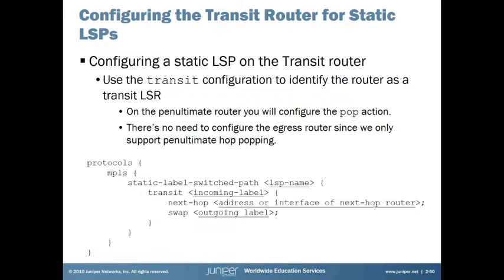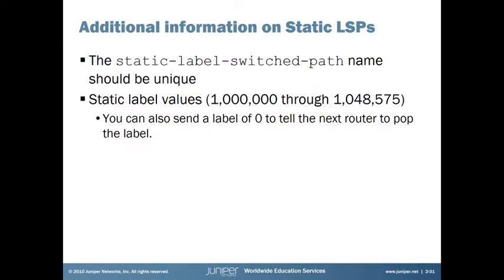Here on the transit router, what we're going to be doing is setting up the incoming values and the outgoing values. We need to tell it where its next hop router is. So we'll do the lookups on the incoming value, do a forwarding lookup based on the next hop, and then do a swap operation. And so we'll finally get to the last router, or the penultimate router, which will pop the